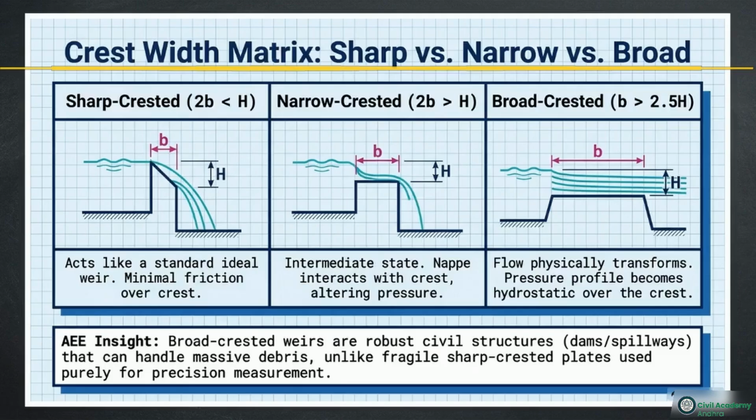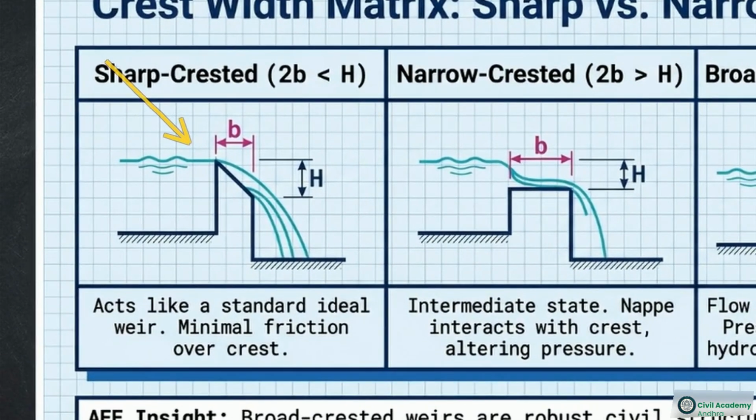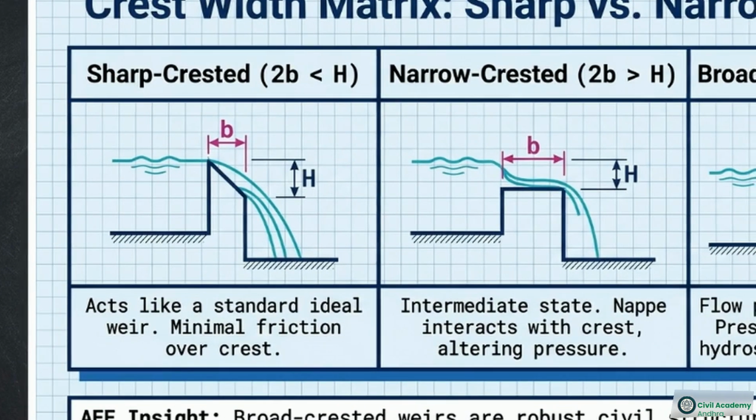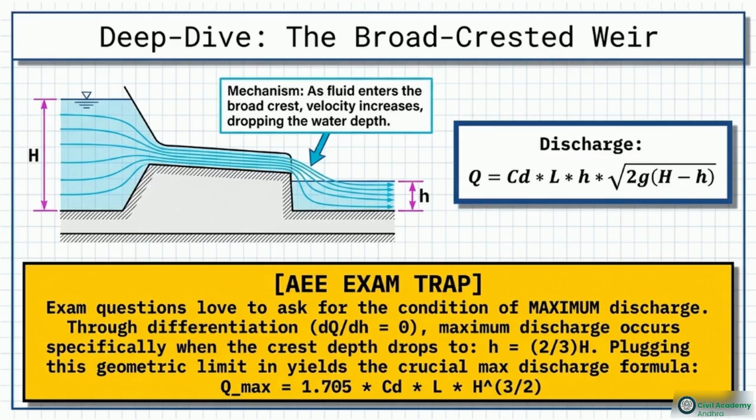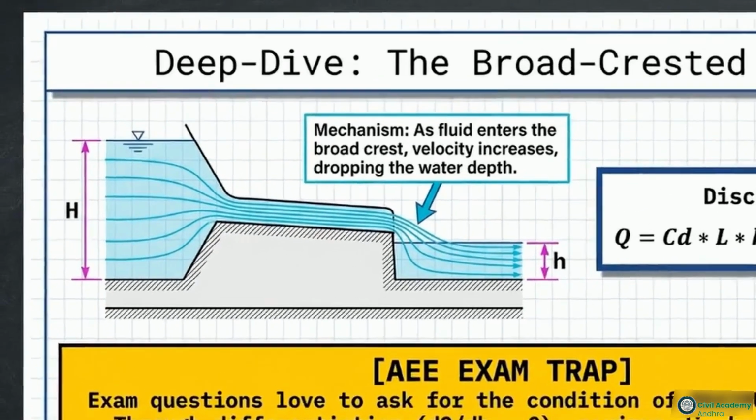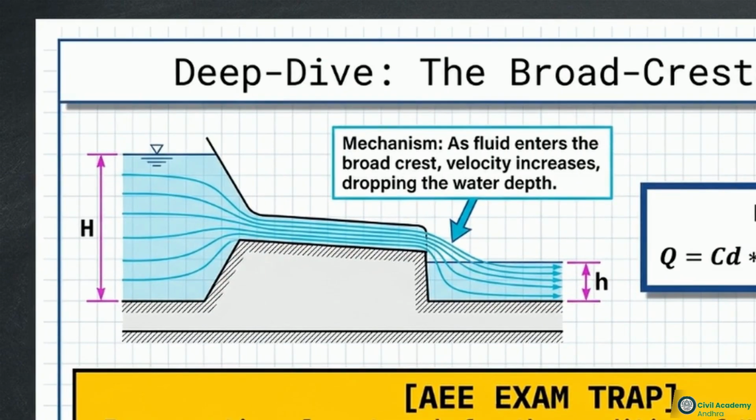This crest width matrix tracks how flow behaves over different barrier types. We move from fragile, sharp-crested plates used for precise lab measurements through an intermediate narrow-crested state over to robust, broad-crested concrete dams. This deep dive diagram focuses on the broad-crested weir. Because the crest is so wide, the pressure profile shifts. As fluid enters the broad crest, its velocity increases, which causes the water depth to drop from capital H down